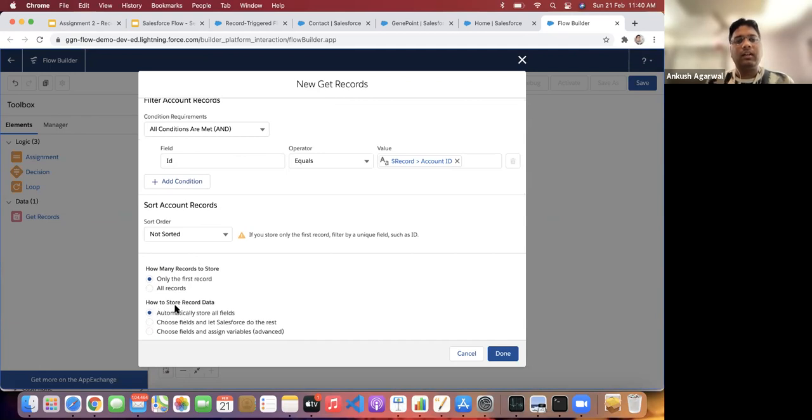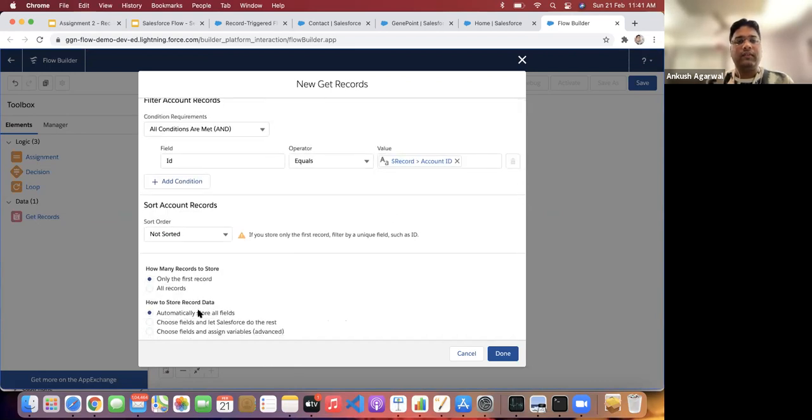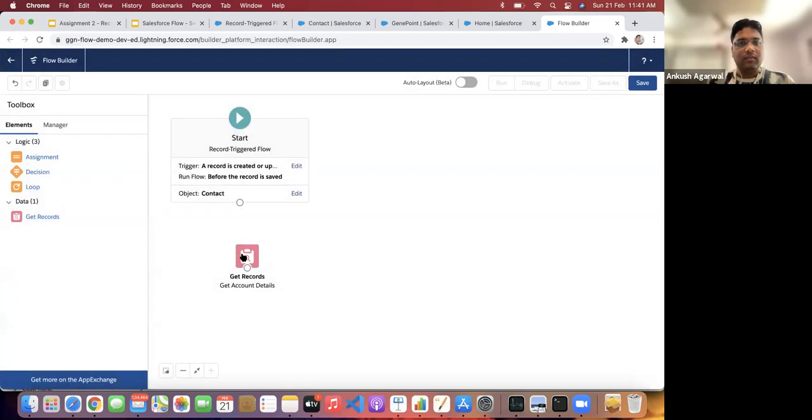When we select it, it will create a temporary variable for us, which we can use further to fetch the details. Okay, so I'm done with this. Then I'll connect it with the start.